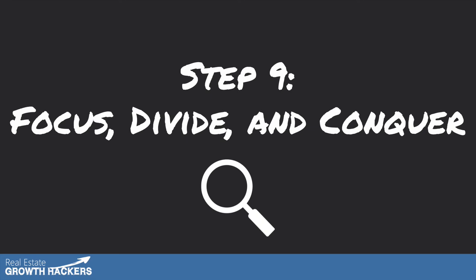Step 9, we're going to focus, divide, and conquer. So basically the same idea, just a continuation. Once you find that weak spot, you're going to focus there. Every request that you make for a review should be focused on that area. You're going to emphasize it. You're going to go after areas that really are impactful, and then get enough reviews there until you get that foothold, right? So until you break through, until you get above where you need to start dominating that part of